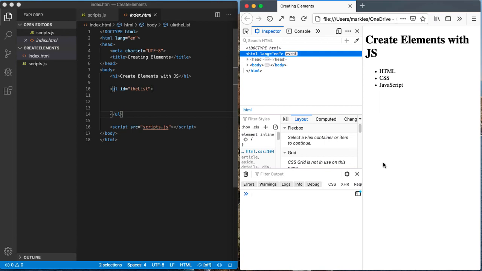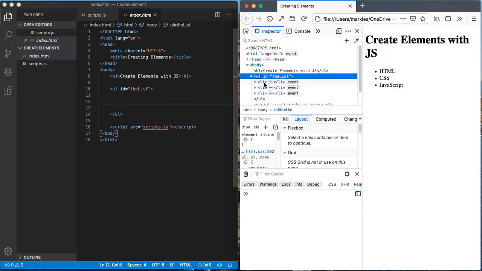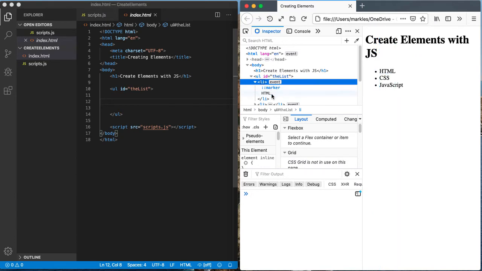In this video, I'm going to show you how to create a page of LIs. So I have a blank UL, and utilizing JavaScript, we're going to create the LIs. We're going to add a click event to each of these LIs as they're being created. We're going to do it on the window on load event, and we're going to do it creating